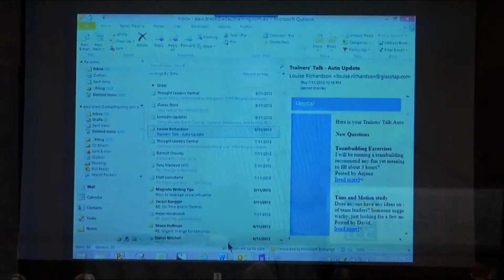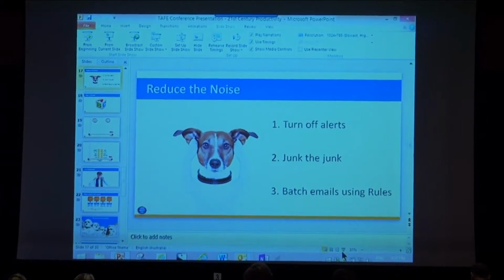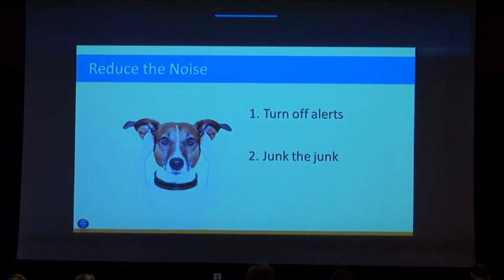It's a batching strategy that is far more effective than turning every one of those into an email or into a task. That would be too much. Does that make sense? This all helps to reduce the noise in your inbox. So, and sorry, one last one on that when it comes to